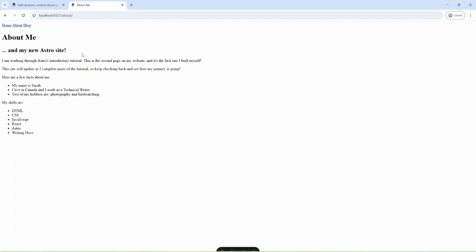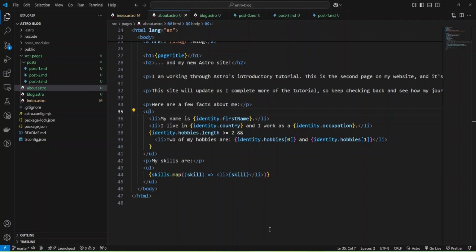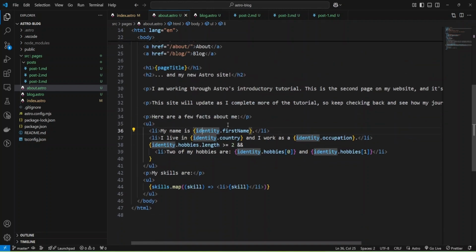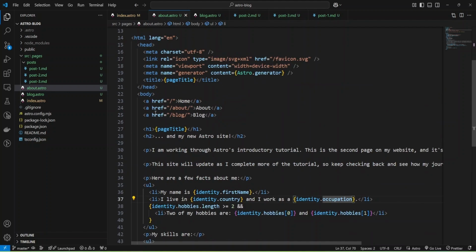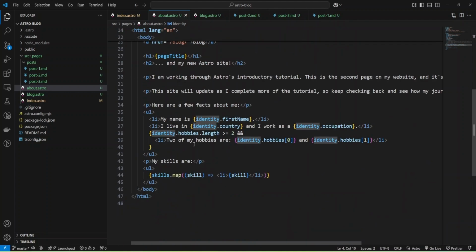Okay, and as you can see, let's go to the code, and as you can see, we used first name, country, and occupation from our object, and also skills is an array of strings, and we use the map method of array to iterate through skills and provide them.